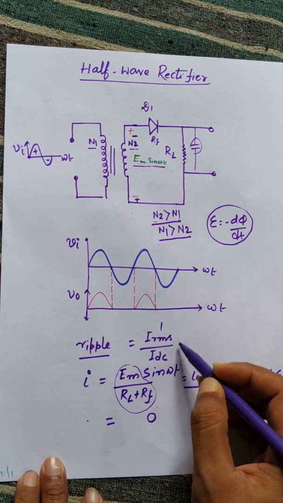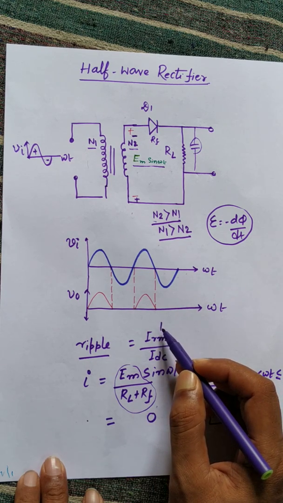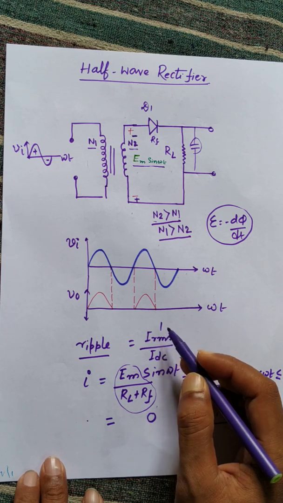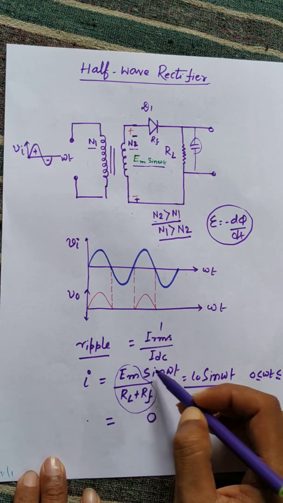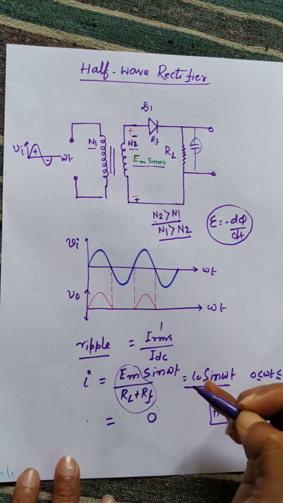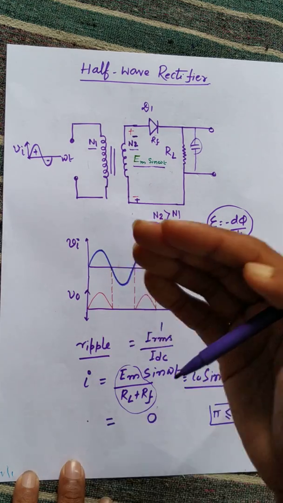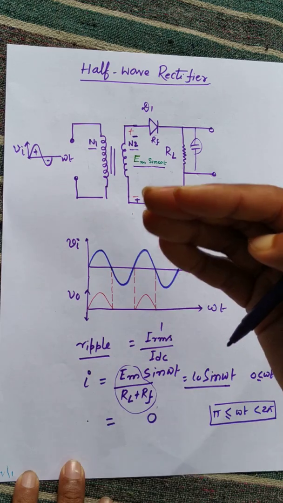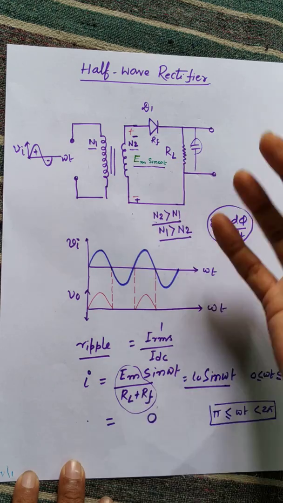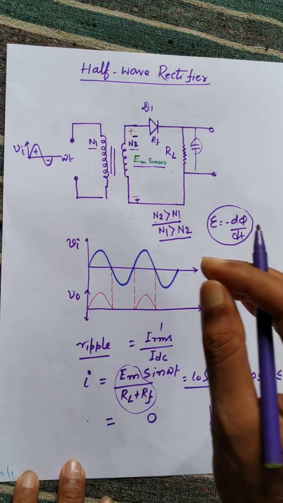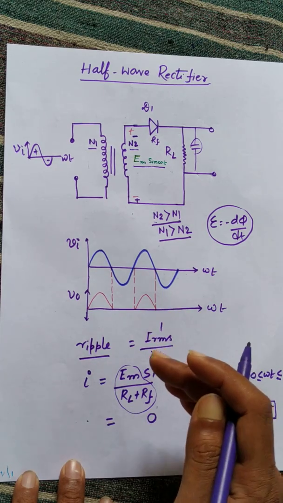So this is the mathematical expression of the ripple factor: the RMS value of the AC component of the load current to the average value of the load current. Now I want to calculate the value of the ripple factor, and also the efficiency of rectification. Efficiency of rectification means how much of the AC we are able to transform into DC. So to calculate the ripple factor and efficiency of rectification,